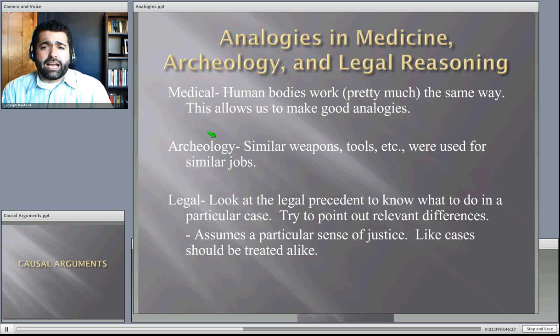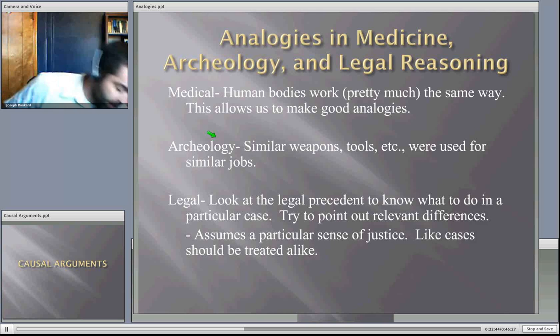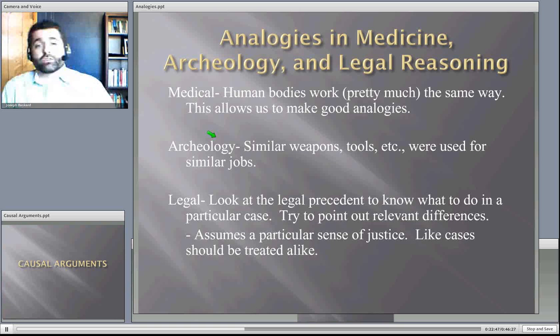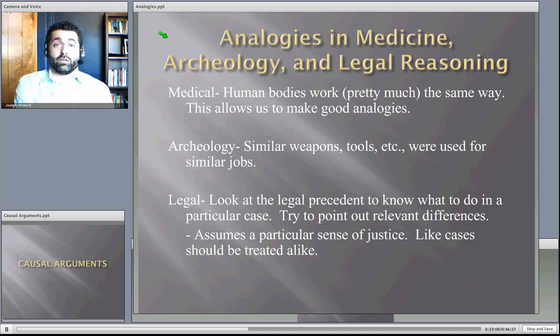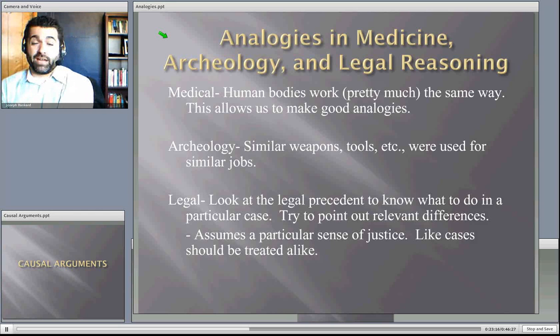And now, finally, I want to highlight 3 common areas where we see argument by analogy. The most common, you're going to find them in medicine. We've already talked about it. Doctors and researchers assume human bodies from one human to the next are the same. So if they look at the brain of one human, they assume the brain of the next human is pretty similar to that. If they see the circulatory system of one human, they assume the same. So if we see one person reacting in a given way to a particular virus or something, we can create a strong analogy that says, well, this other person's probably going to react the same way.